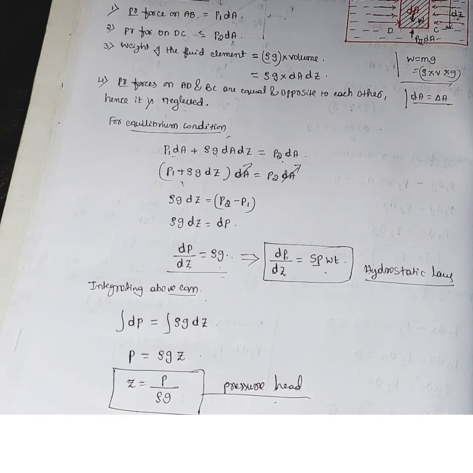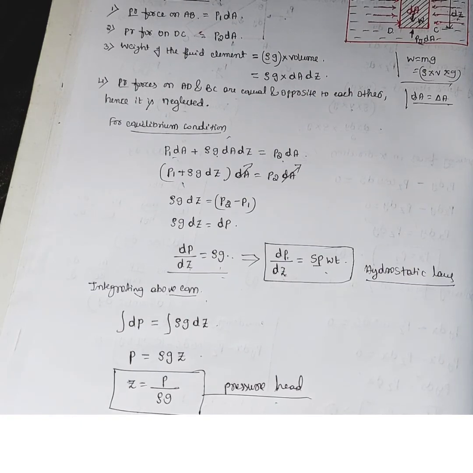So this term will come across in terms of Bernoulli's theorem. In Bernoulli's theorem also we have this pressure head equation. So how did we get this one? It is from this one. We can do like this and we can get the equation for z. Z is equal to P by rho g, that is pressure head. So this is about hydrostatic law, or the pressure variation of a fluid when it is at rest.